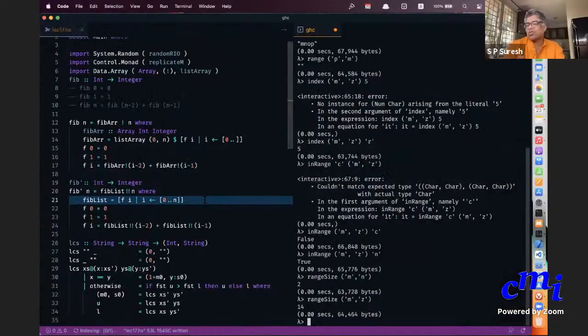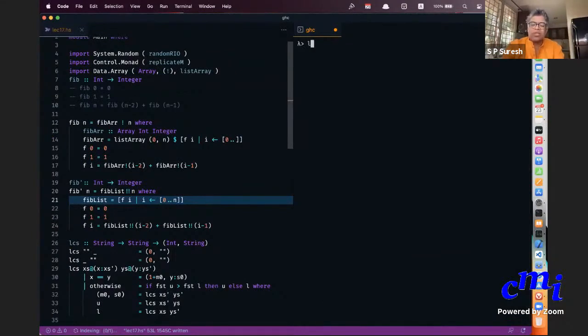So this is maybe not such a useful function, but if you built an array saying list array, so ARR equals... Okay, then you can ask for bounds of array.